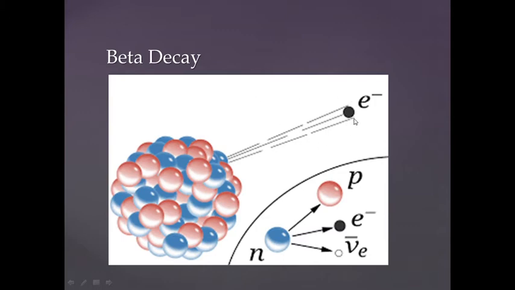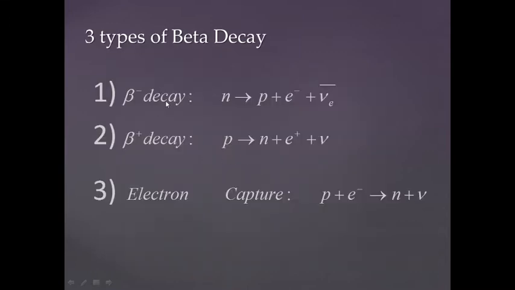We'll see how many types of beta emissions there are. So here you have the neutron getting converted to proton, the emission of an electron and an electron antineutrino. We'll see in much more detail later on what a neutrino is. So you can see there are 3 types of beta decay here. One is the emission of electrons, which is called beta minus emission.